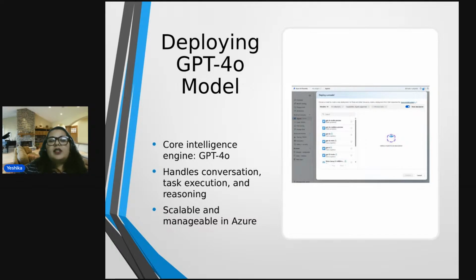Scalable and manageable in Azure. Definitely, it is scalable and manageable, because in Azure we have ample resources that are already trained, or resources that we can fetch information from, whether the face APIs, the custom vision, the computer vision, or the language services. Azure also has its OpenAI that is already trained on the actual data that is available, or whatever information any particular user adds. Any one of us will be adding to it and fetching our information.